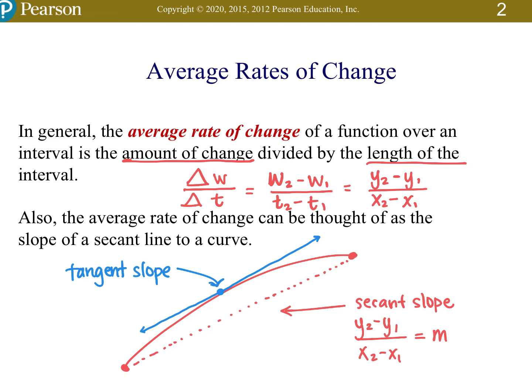All right, so that's the difference. One is a secant slope, which requires 2 points, and a tangent slope only requires 1 point, which means it needs a whole new formula, because the whole premise of the formula of secant slope is you needed 2 different points. You needed a point A and a point B, and you had to be able to subtract them to figure out your slope, your rise over run. A tangent slope only needs 1 point,